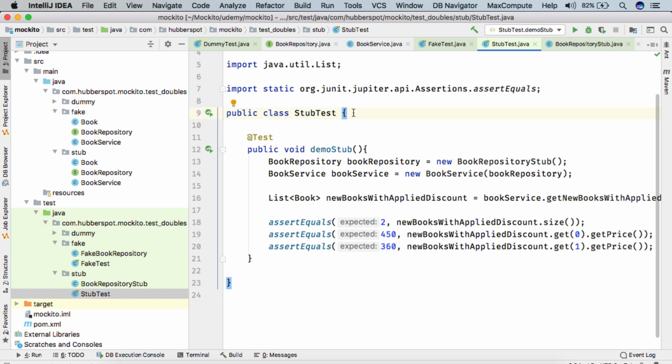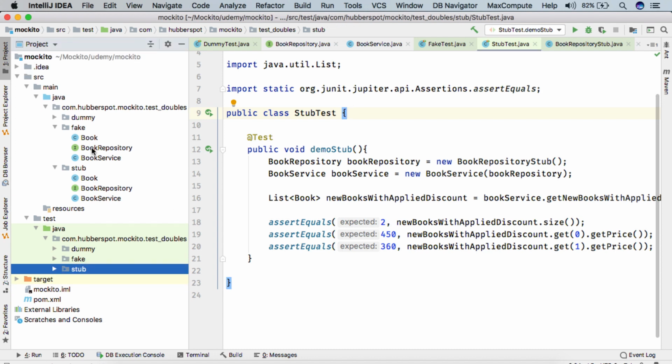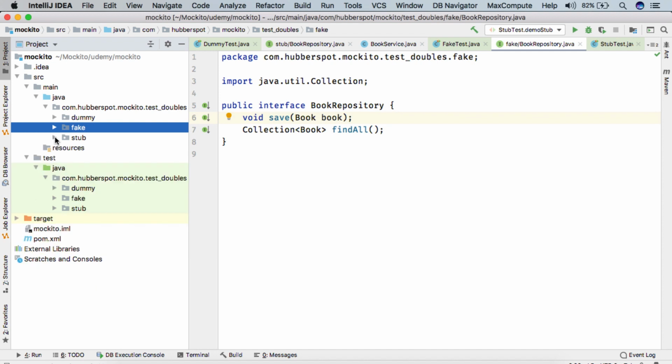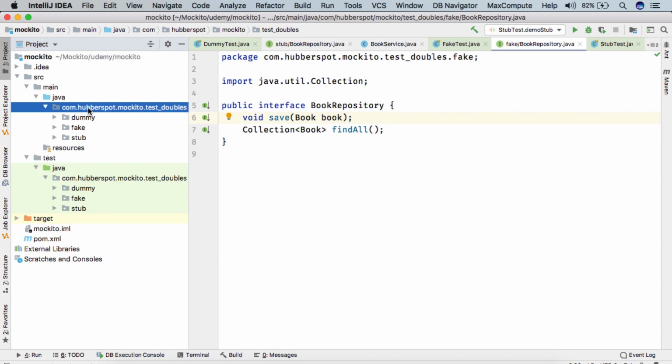Hello everyone. So friends, in our previous lecture we saw the demonstration of the stub test double. Now in this lecture we'll see the demonstration of the SPY test double. We also discussed in our previous slide that a SPY helps us in behavior verification of the class under test. The SPY keeps track of the interaction made with it so that we can come to know that a particular method was actually called.